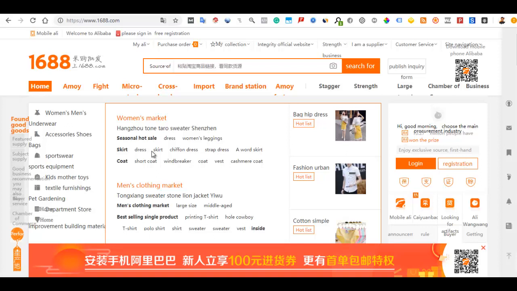Once you have seen the product you want, you just copy the link. If you want colors, or if it has sizes, you just tell your procurement agent what you need and they are going to take care of it. You send them the money to buy it, and they're going to let you know once they've received it from the supplier, and then ask you which of the companies you want to use for shipping. They will send it to your shipping company in China, which of course they will not send to you here in Nigeria. So that's how you do it